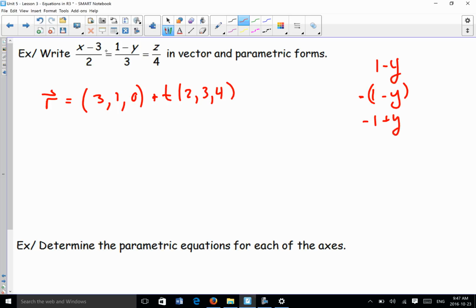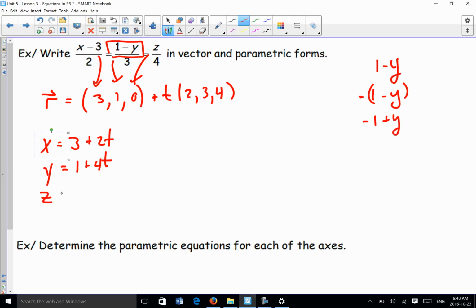So just be careful about order. Sometimes we write things in weird orders. The whole objective here is just like when you did quadratics: it's whatever makes the top equal 0. That's what your point is. So 3 minus 3 makes 0, 1 minus 1 makes 0, 0 minus 0 makes 0. Parametric form: x equals 3 plus 2t,